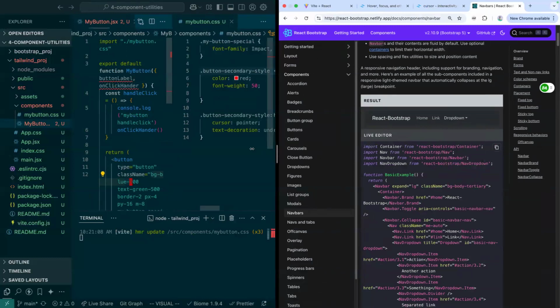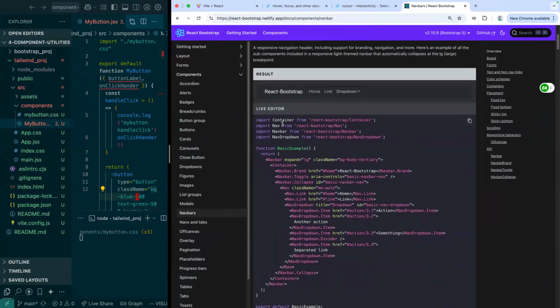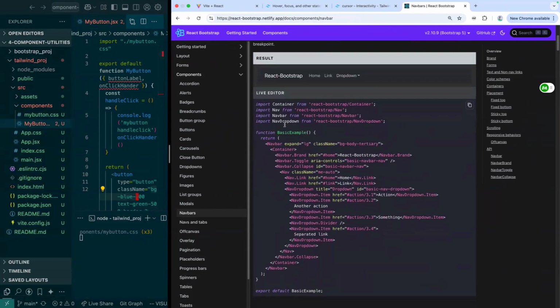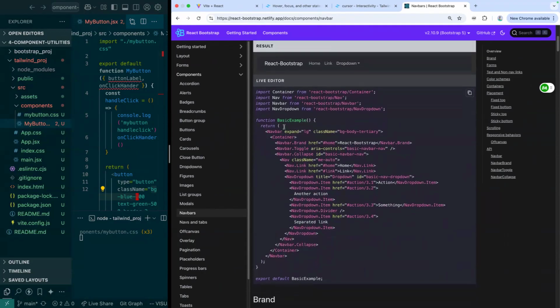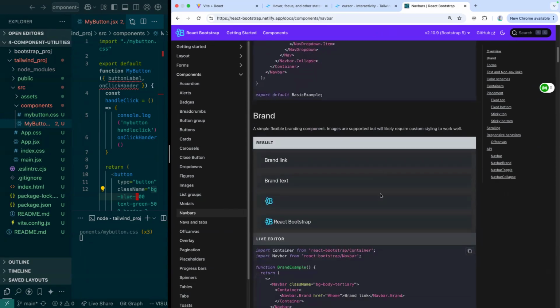The amazing thing about a full-on UI component library like Bootstrap is it does all this for you, but look at all the steps here to use the navbar. The navbar component, there's a container, the navbar brand, rules for toggling, what the navbar looks like when it's collapsed. There's a lot of stuff going on in here, right? And the docs are great. They explain it